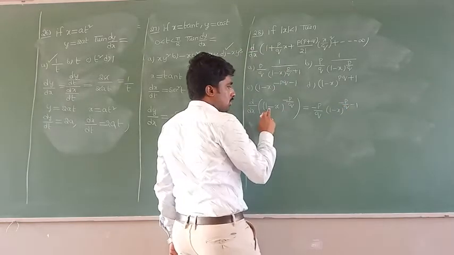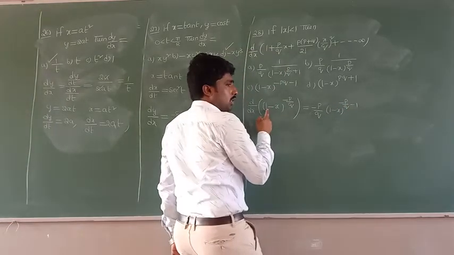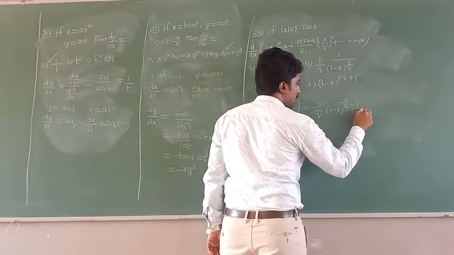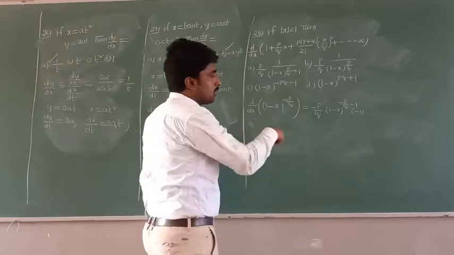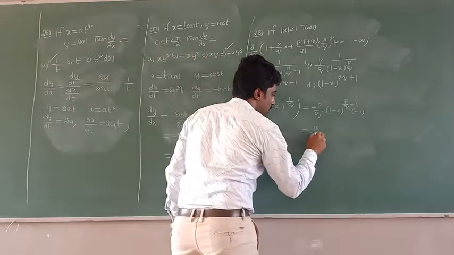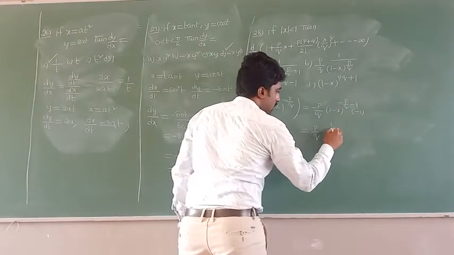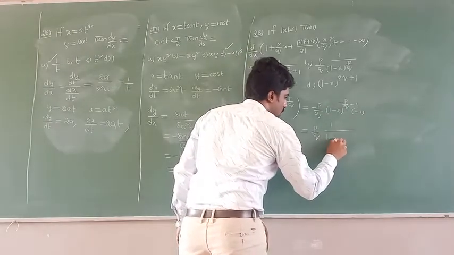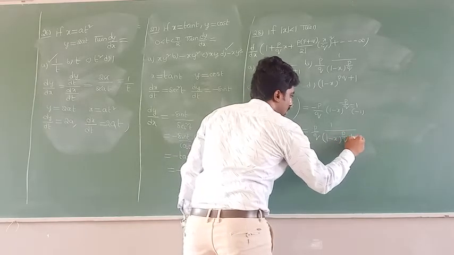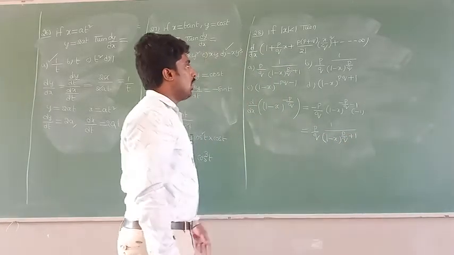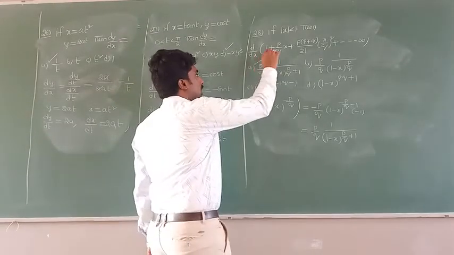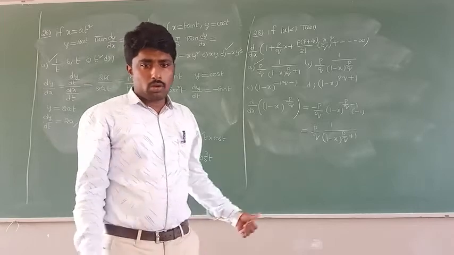And the internal differentiation of 1 minus x: differentiation of 1 is 0, minus differentiation of x, which is 1. So what am I getting here? Minus 1. Minus into minus, what will we get? Plus. So this is p by q. This one, if it goes to the denominator, what will we get? 1 by (1 minus x) power p by q plus 1. Now all of us take the options. I think the first option is the correct answer. Okay, all of you note it. Please pause the video and note down.